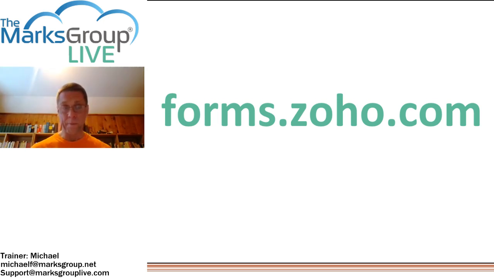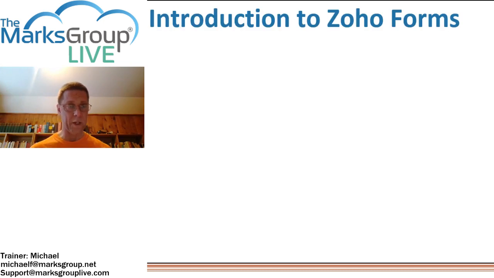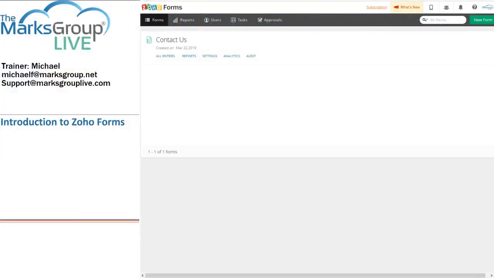Now, once we're here, let's go here. Sorry, let me switch my screen. There we go. Forms.zoho.com will take us to this screen. And once we're here, we can start working on forms, reports. We can create and control user access. There's user access, there are reports. We can also have optionally available tasks and approvals. In a minute, we'll return to the forms menu over here, but for now I'm going to head over to the right,